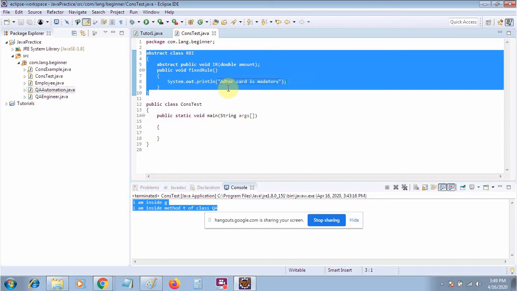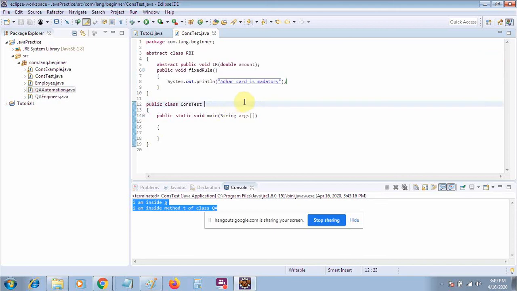Let me extend this class. Suppose this class extends the RBI class. I have extended the RBI class. Now it will give me a compile time error and it will say that I have to implement the unimplemented method, meaning the abstract method.